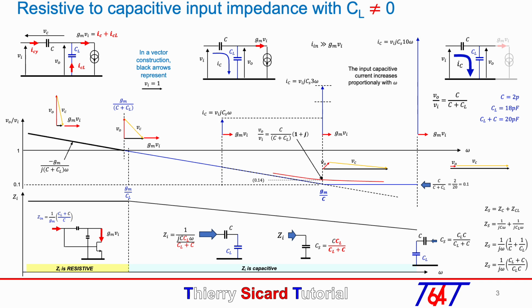I'd like to try a last explanation to understand the difference between resistive and capacitive impedance. When Cl equals 0, the capacitor C is in series with the current source. The input current is therefore always controlled by the current Gm times Vin, and the gate drain is shorted by the capacitor C at high frequency. So the input shows the resistive impedance of the NMOS source.